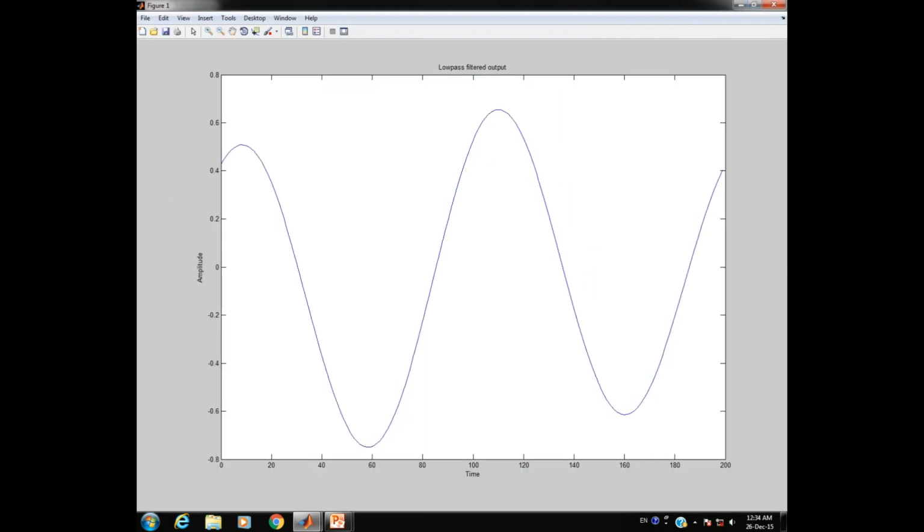After filtering this output signal, it is most similar to the original signal that we used as the input for A to D conversion. So this is our MATLAB script working, MATLAB program 7.